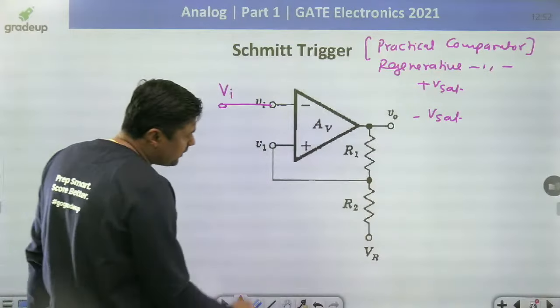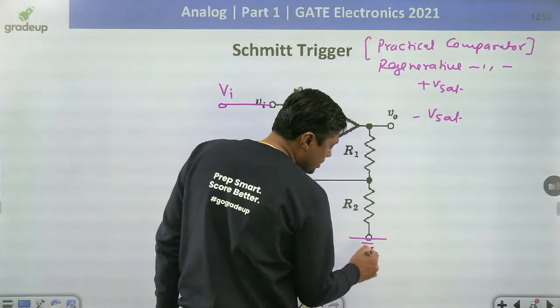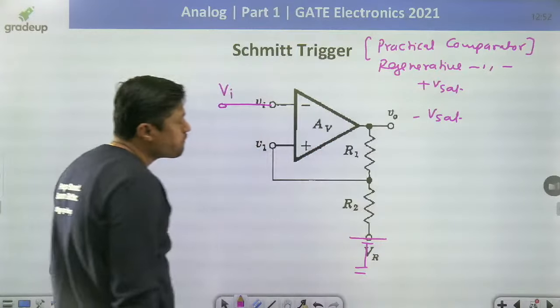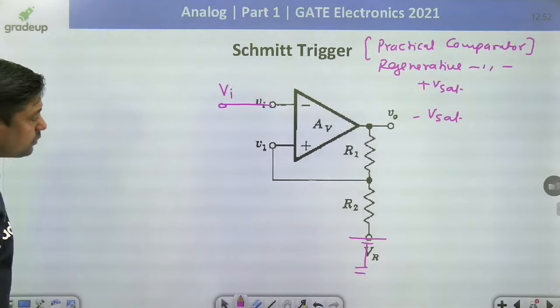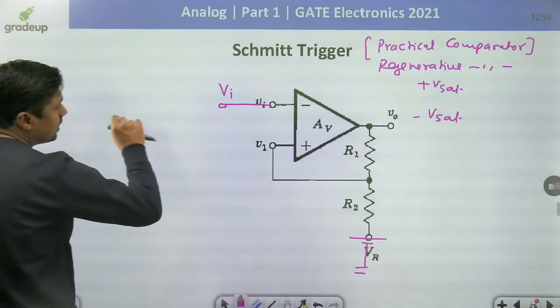Here, one is the reference voltage connected here. This is called reference voltage VR. This is a variable DC signal. And then R1 and R2. Always remember we have to calculate the threshold voltage at this point. Now